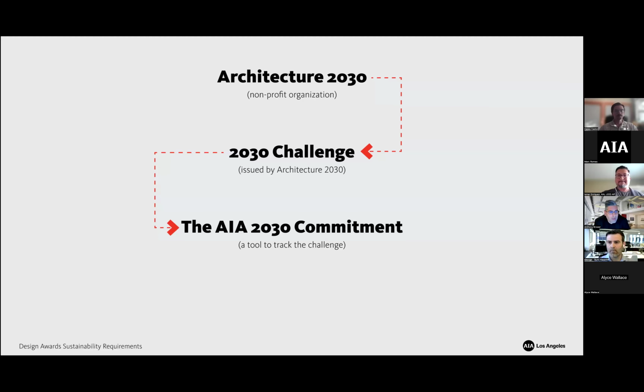All right, so we'll take a little bit of a step backward, just explaining the big picture. Architecture 2030 was the original nonprofit organization that created the 2030 Challenge, which was issued by Architecture 2030. And then the AIA created the 2030 Commitment, which is not different. It's actually just AIA's tool to track this challenge. And then on the next slide,